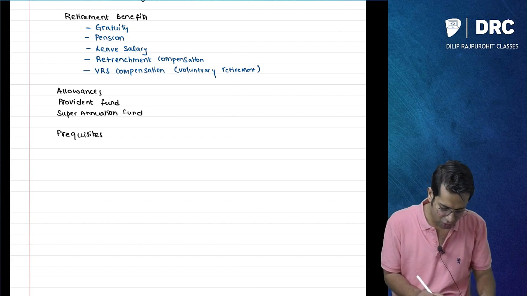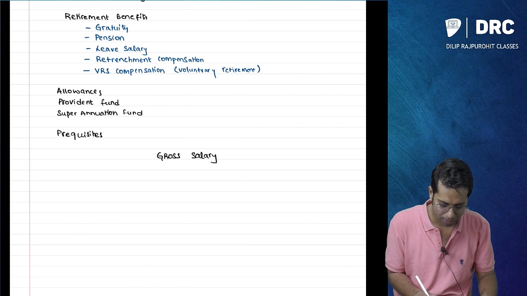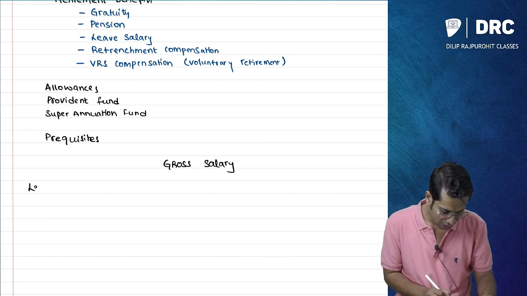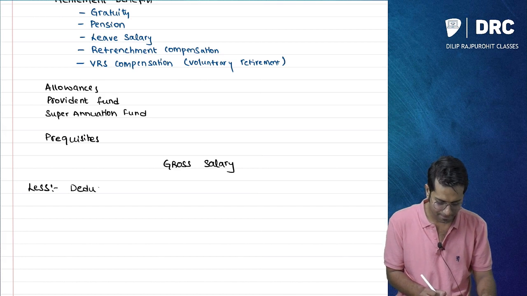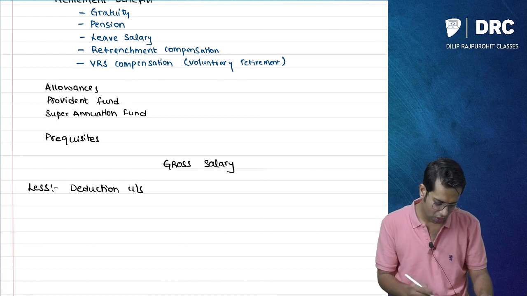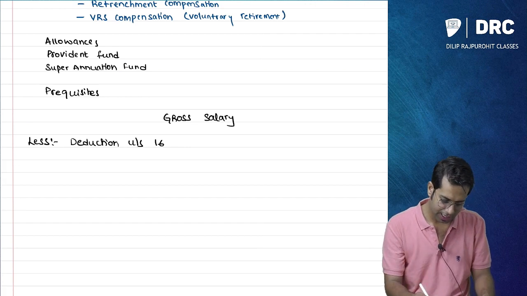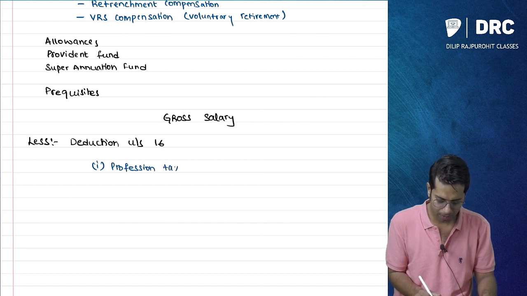That amount is called your gross salary. If you add all these amounts, you will get gross salary. From your gross salary, you are required to subtract deductions under section 16. How many deductions are there? There are only 3 deductions. One is professional tax, next you have entertainment allowance,